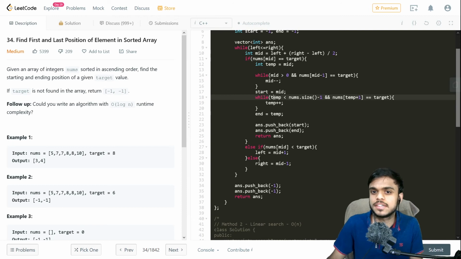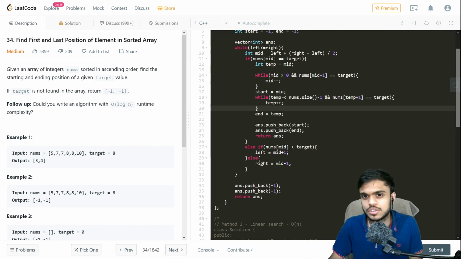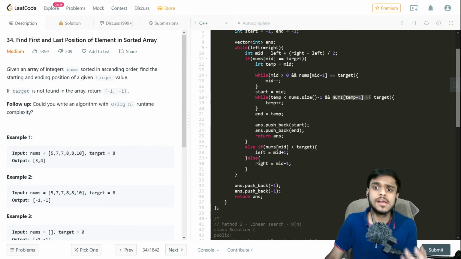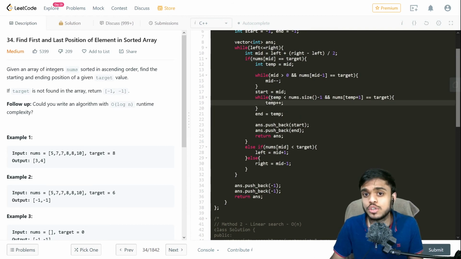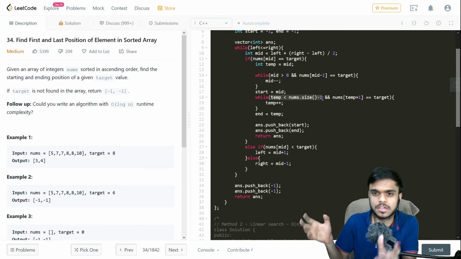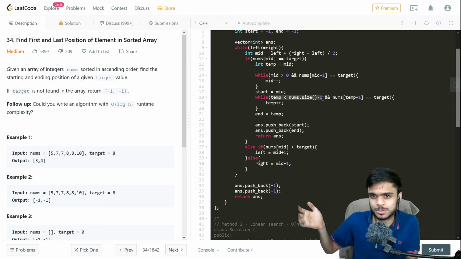After we have stored that, we are again at the mid, and we need to move to the right side to find the end index. It is the same thing: we check if the index plus 1 is equal to the target, and we do this while it is less than the size of the vector. We do not have to go out of the vector, right?